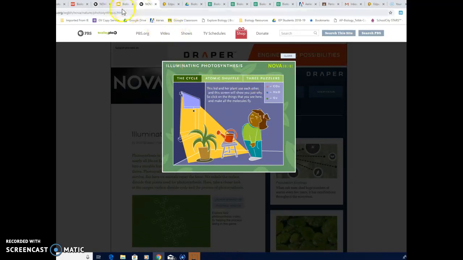There's check boxes on each page or each step of the worksheet to indicate a spot that you can check off as you complete each step. Once you are finished with that interactive,